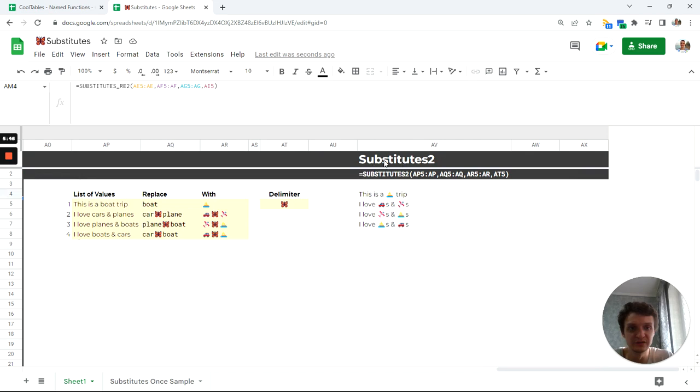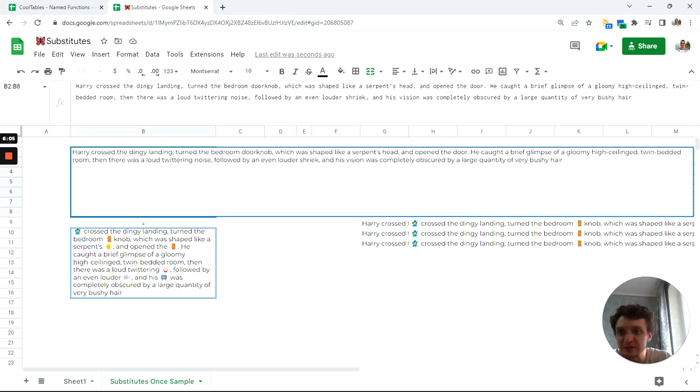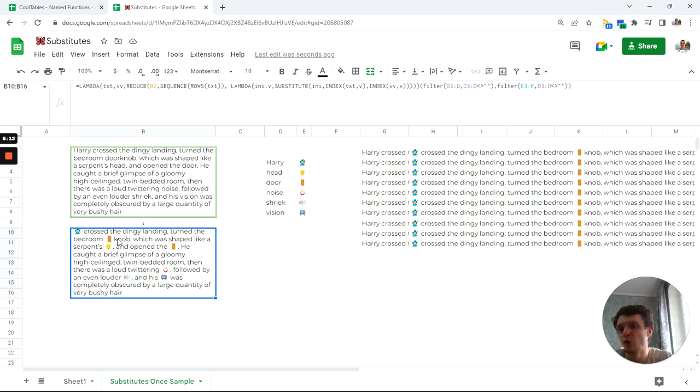And also substitutes 2 for the same, but for the substitute formula. Well, you know, substitute can play a not good game with you. For instance, here we have a word called doorknob. I guess I spelled it right. This is doorknob, and I have no idea what it means, but it replaced door and leaves knob after that. But if I don't want to do that, if I want only the word without a part of a word,